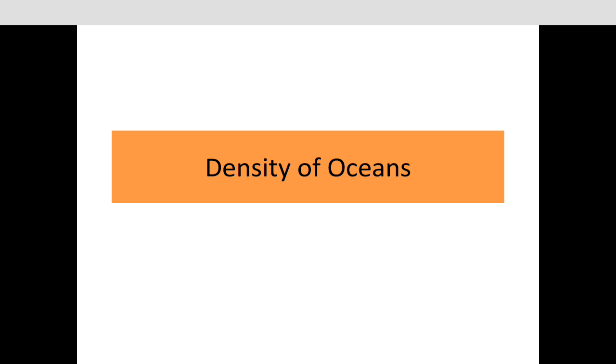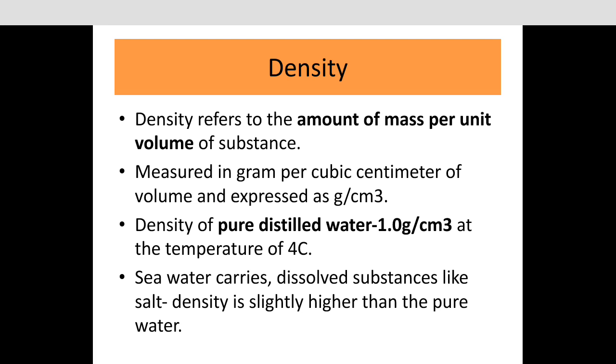In this video, I'm going to discuss the density of oceans. Density refers to the amount of mass per unit volume of a substance. It is measured in grams per cubic centimeter of volume and expressed as gram per centimeter cube. The density of pure distilled water is 1 gram per centimeter cube at a temperature of 4 degrees Celsius, whereas seawater